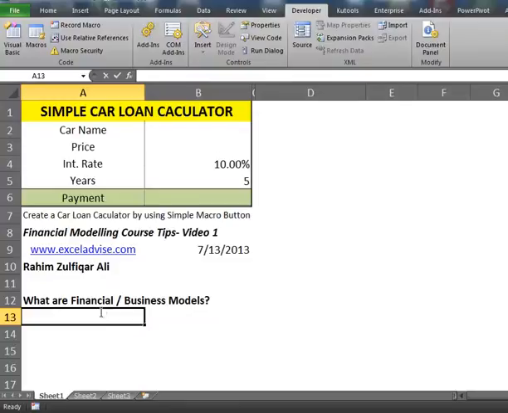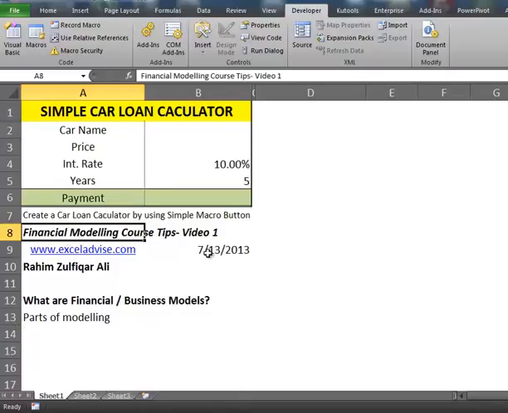There are also some parts attached to modeling when we try to create financial models: text formatting, number formatting, lines and borders, names, comments, charts, goal seek, solver, scenarios, macros, form controls, linking, protection, and more useful items as we progress in this financial modeling course in the coming days.